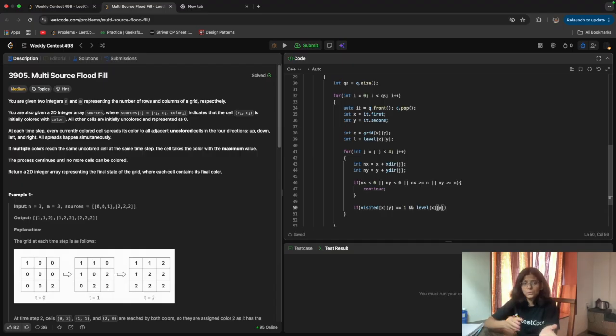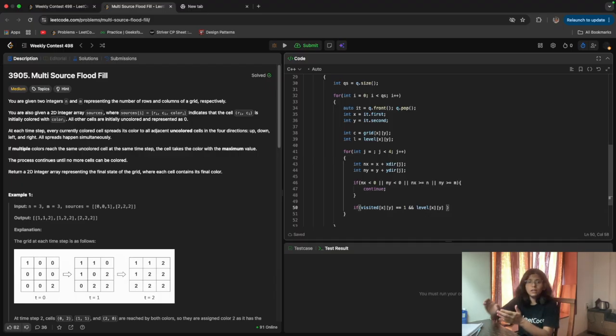Because if it is visited already, then I will check whether I have visited it on that same level. If I have visited at the same level, then I have to go further and check the grid, what color that grid cell has and what color currently I have, and I need to assign the max value.